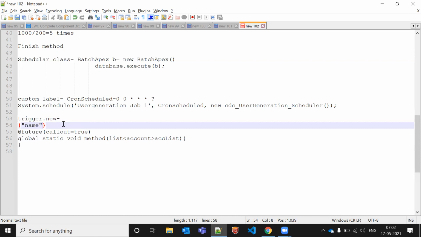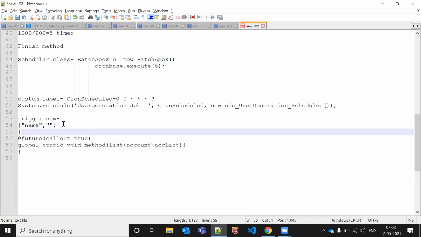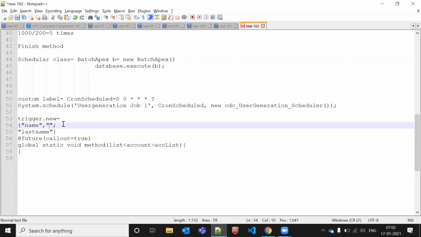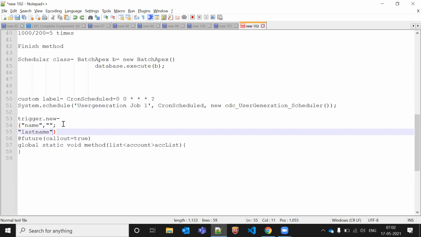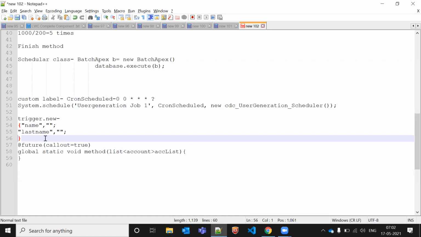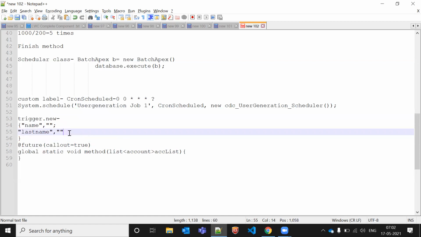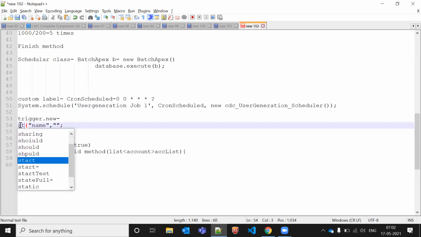Let's say I'm getting name, and again I will create, let's say, a last name, or anything. Like this. Whatever data we get here, we are storing all of it in one string.